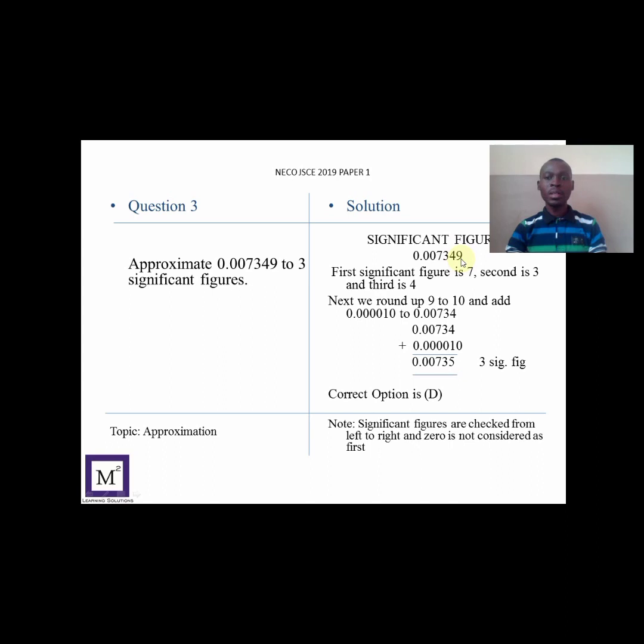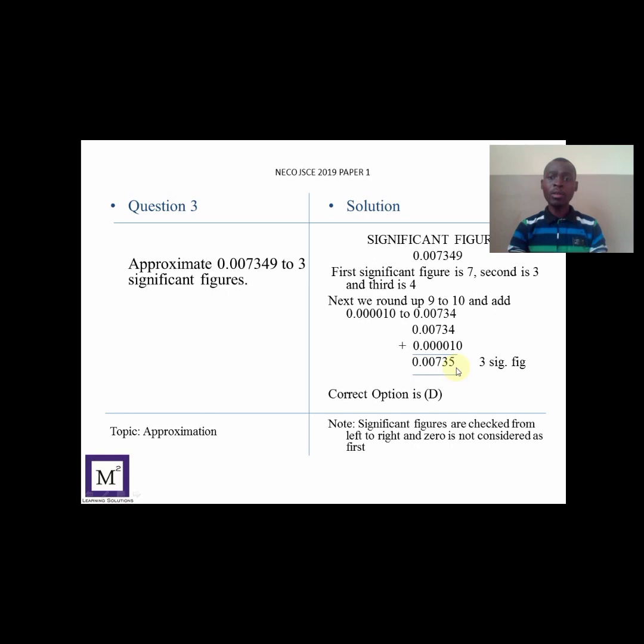And since we are interested in the third significant figure, we stop at 4 and round up 9. When we round up 9, obviously it's closer to 10. But because it's a decimal number, we'll write our 10 at 0.000010. You notice that before 4, there are four numbers, and that's why you have these 4 zeros. And since this 9 is rounded up to 10, you have 0 replacing 9 and 1 coming to the place where you have 4. Therefore, you have this as an approximation of 0.000009. Then you add this to your 0.00734 where we stopped initially, and that gives you